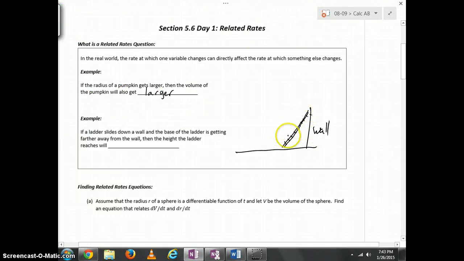You can see here's this ladder. The base is sliding farther away from the wall. We can see that eventually this ladder, which of course, whether it's a 10-foot ladder or whatever height that ladder is, is always going to be that same length, but that base has slid out. The height that the ladder reaches will decrease. In blue, you can see I drew the ladder as the base slid out. You can see that the top of the ladder here, the height of the ladder on the wall, is going